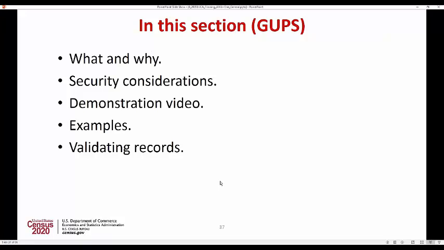Okay, in this section we're going to go into GUPS, and we're going to look at some of the security considerations, and I've got a video that I'm going to play. It's about a 20-minute long video, and when I show this video, don't think you're going to try to learn anything and retain all the little functionalities, but look at the big picture. I don't want to get into the weeds too much, but look at the big picture